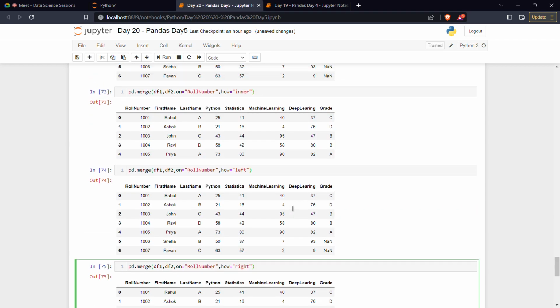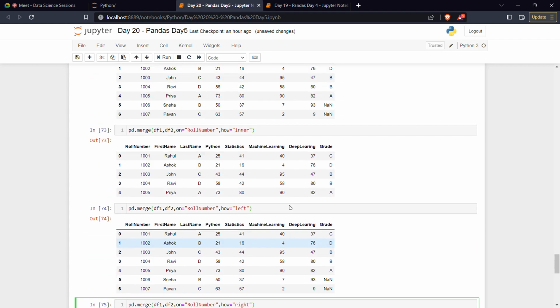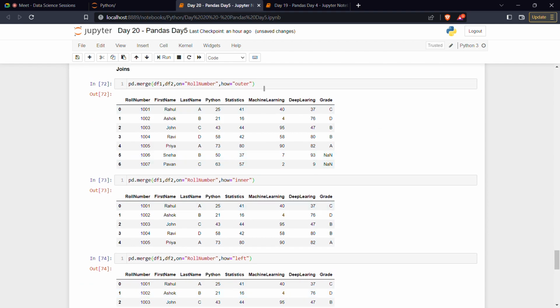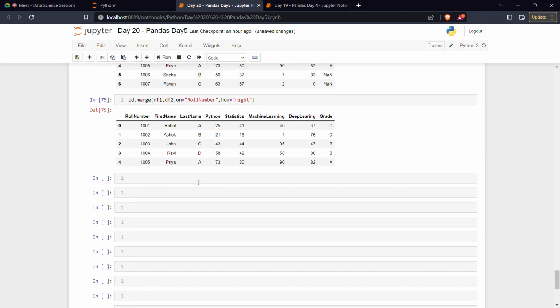So that's the difference between left, inner, right and outer join. If you want to see the whole data, it would be better to use outer join. Like this you can join two tables, or else there's one more thing called